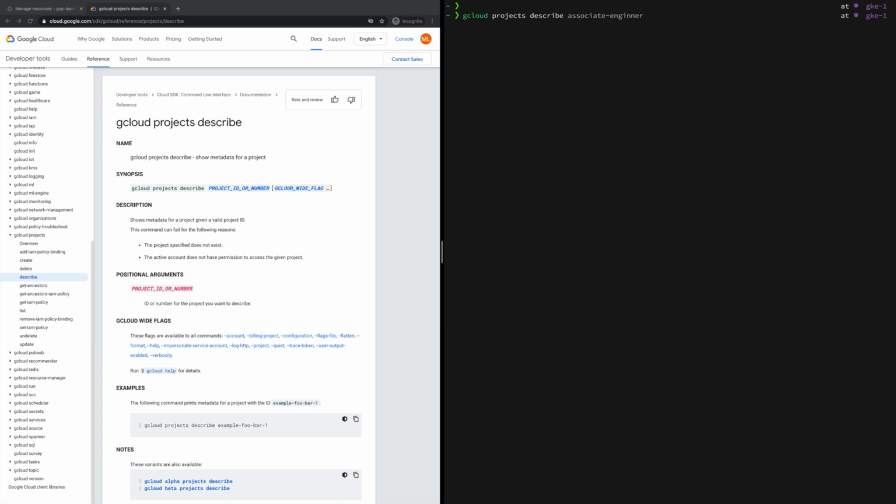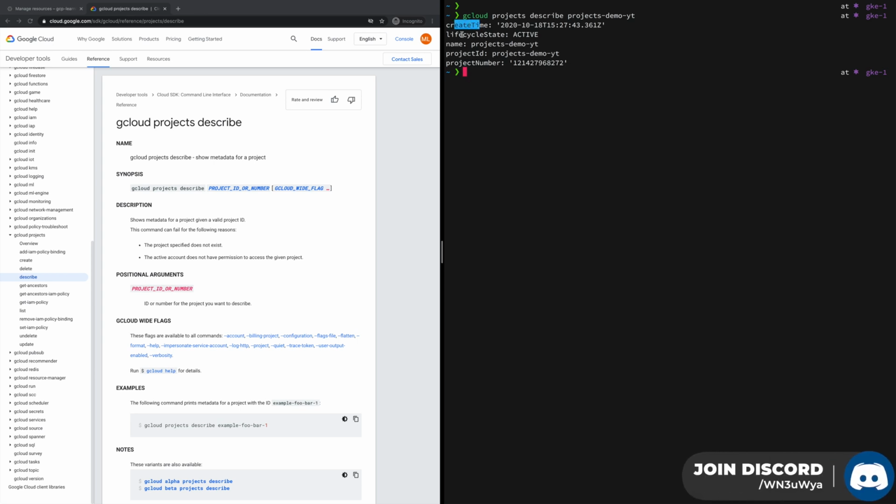And here you need to provide the project ID or project number here. So it will give you all the information when it gets created. The lifecycle state means this project is currently active or it's being deleted, or the name, the project ID and the project number. You can get this information from gcloud projects describe command.